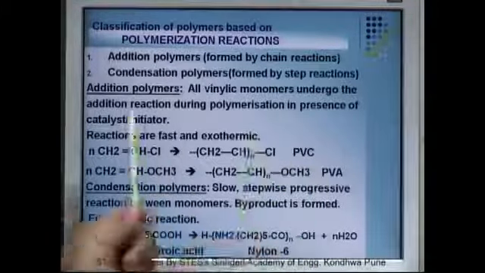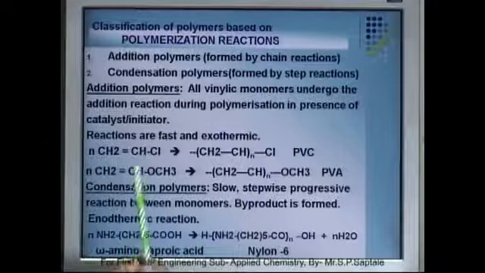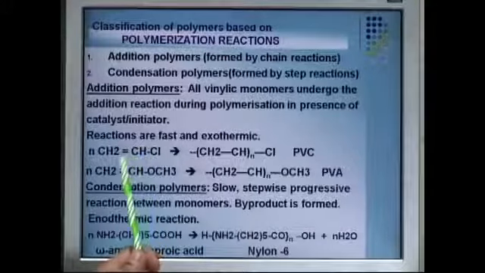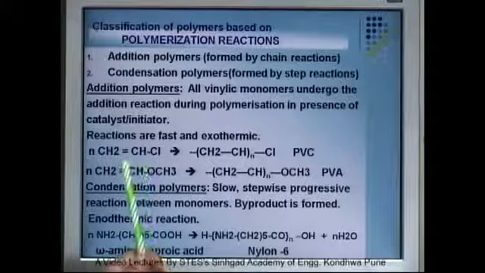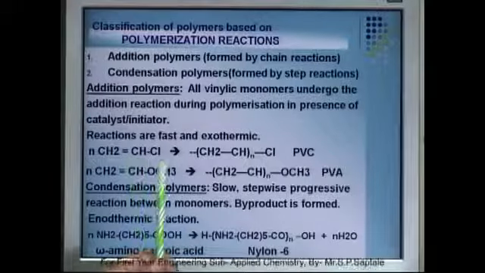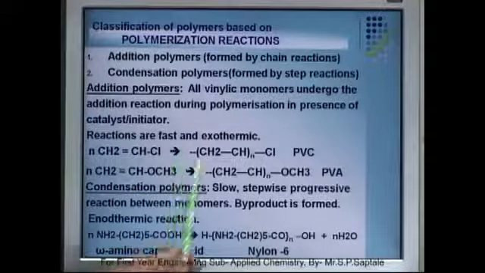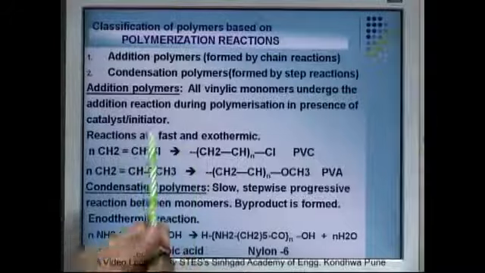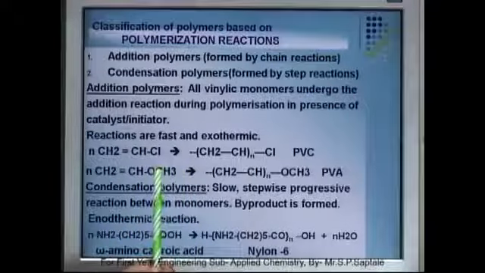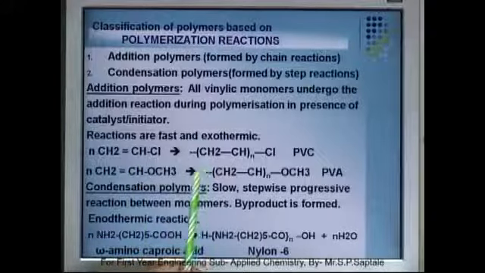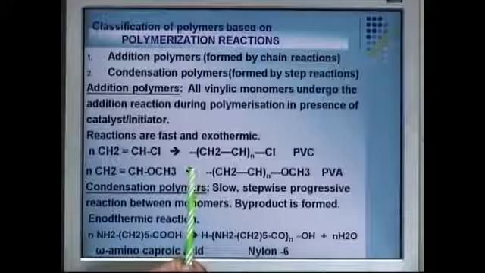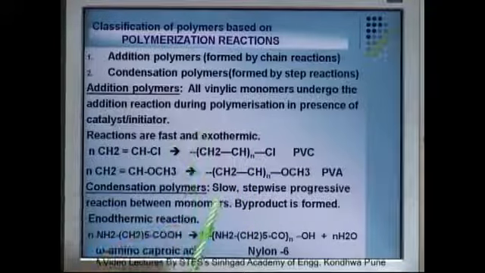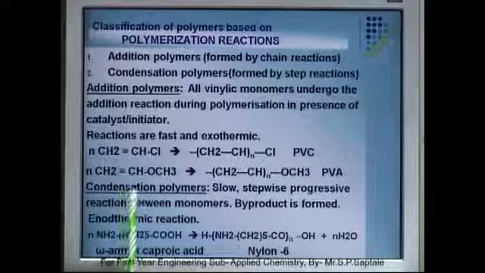Now in this you can take monomer, homopolymer or copolymer. An example of a copolymer for addition is styrene and butadiene. Styrene is CH2 double bond CH C6H5, and butadiene is CH2 double bond CH CH double bond CH2. Both monomers, styrene and butadiene, contain double bonds in their structure, and they undergo polymerization by breaking the bond and form styrene butadiene rubber, SBR rubber. They are linear.